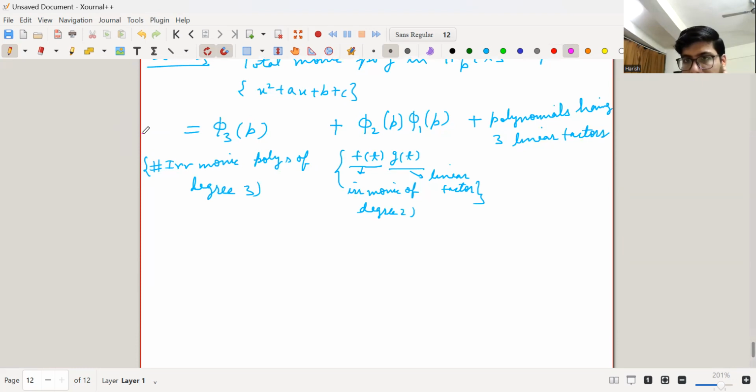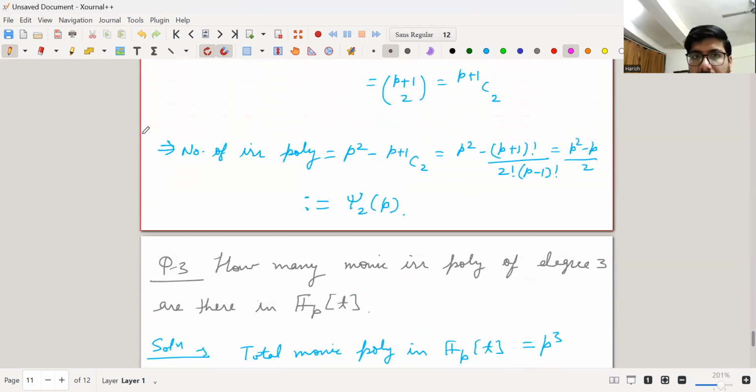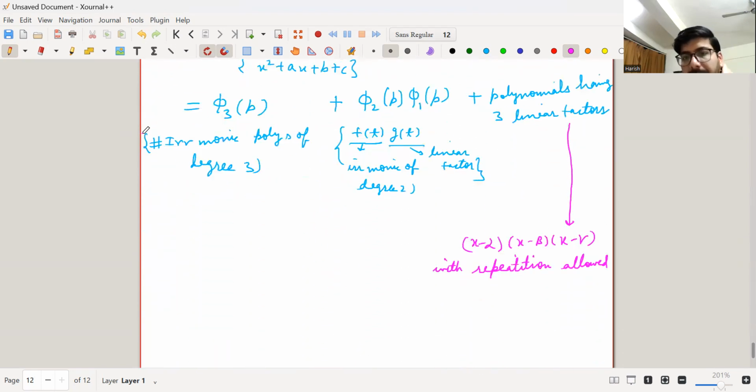Let's see this in more detail. This is a polynomial of the form (x minus alpha)(x minus beta)(x minus gamma) with repetition allowed. So by the same trick we used above, the number of selections of m objects from a set of n objects with repetition allowed is (m plus n minus 1) choose n, right? So this has cardinality